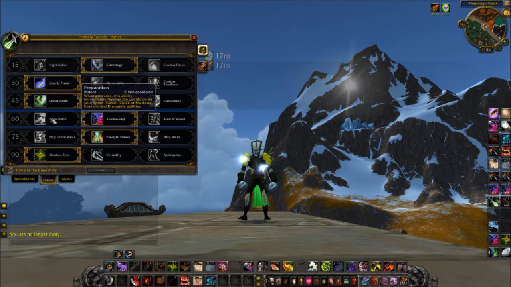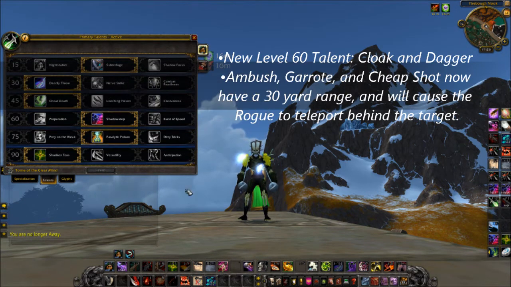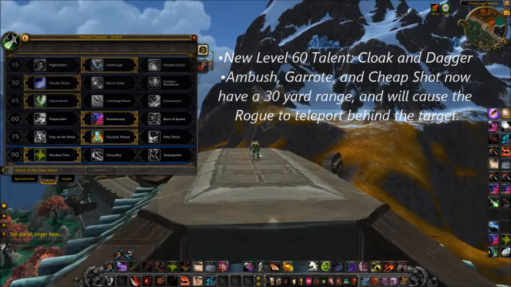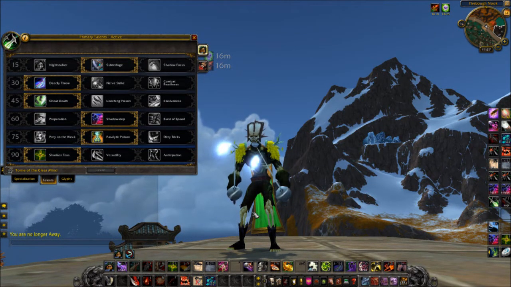Now they're replacing prep in the tree with something called Cloak and Dagger, which I'll link right here. Basically, Cloak and Dagger is an internal shadow step to any garrote, cheap shot, and ambush you have. And it's got a 30-yard range without a cooldown. So it shadow steps the target every time you use these abilities, which would be very, very overpowered for sub,